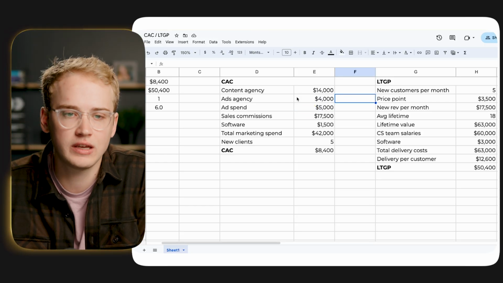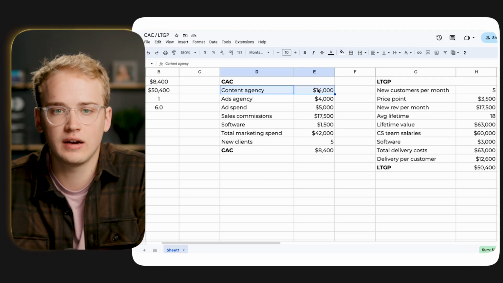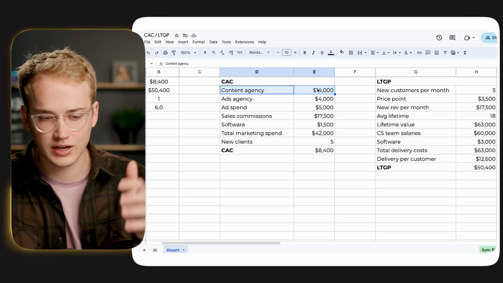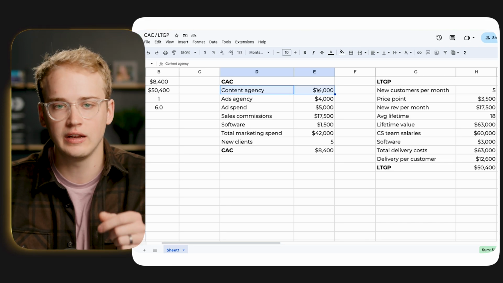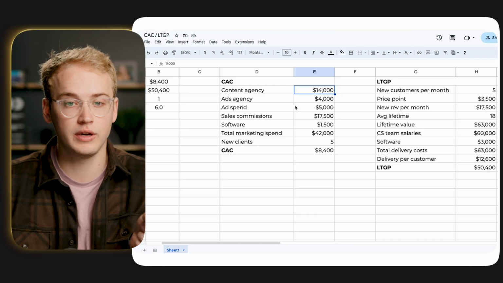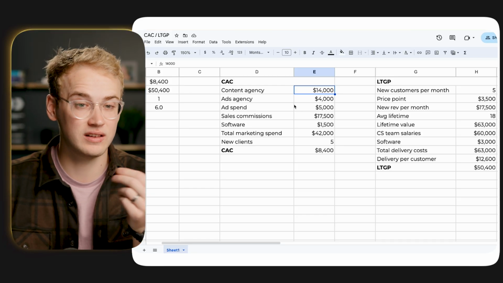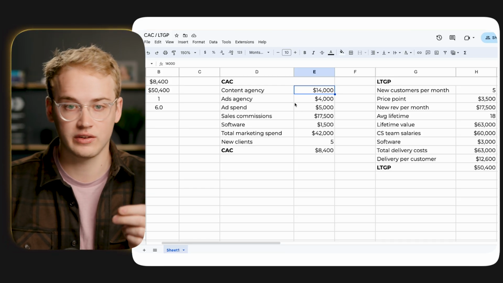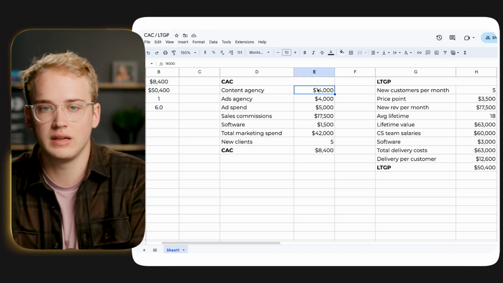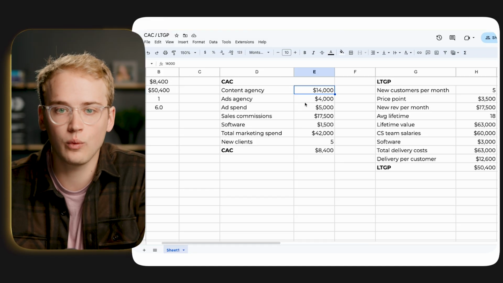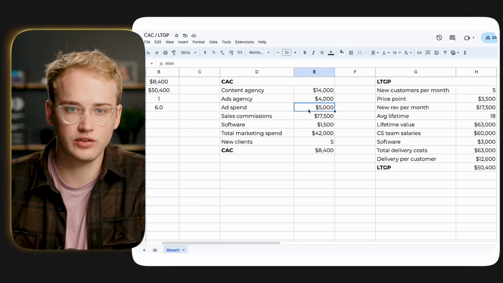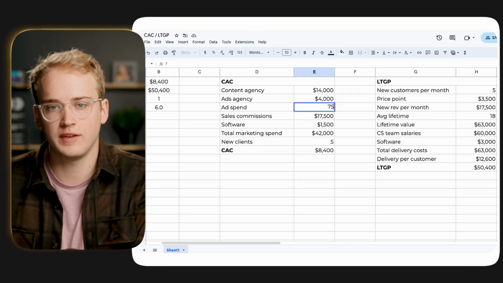And the way I'm thinking about this is content has the ability to be an exponential growth curve, right? So if you double the amount of time, effort, and money that you're putting into your content, you could get more than double the output. If you double the amount of money that you're putting into your ads, you'll probably get a little bit less than double the output, because ads tends to be a diminishing results curve, where content tends to be an exponential results curve. So what I'm going to say is we're going to double our content spend, and we're going to increase our ad spend by 50%.